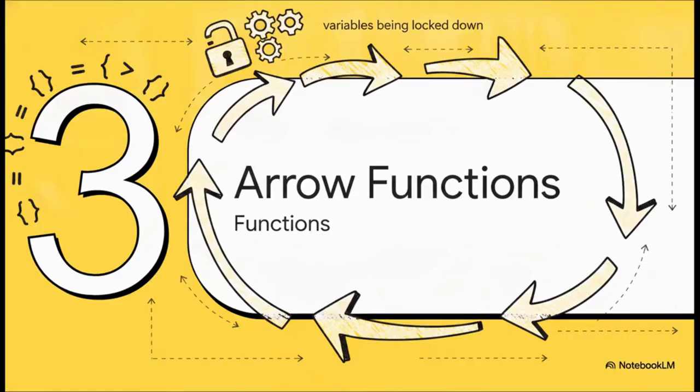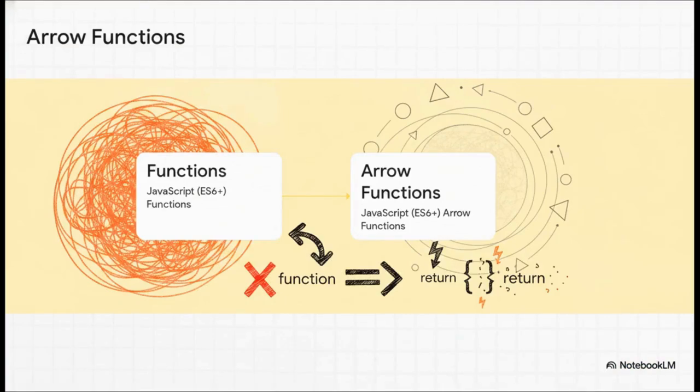Next up, Section 3, Streamlining with Arrow Functions. Did you know you can actually shrink a bloated legacy function into a really sleek arrow function in just 3 simple steps? First off, you completely remove the actual word function. You literally just don't need it anymore. Second, you add this elegant little equal sign and greater than symbol, which developers affectionately call the fat arrow,